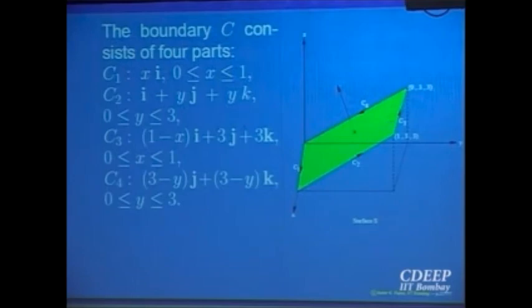On this what is happening? The x component remains 1, z is equal to y. You are on that plane, z is equal to y. So for C2, right, x is 1, it is i plus y j plus y k. y goes from 0 to 3. Similarly, give the orientation for this one and parameterization for this, and then write down the line integrals. Right? So that job has to be done.